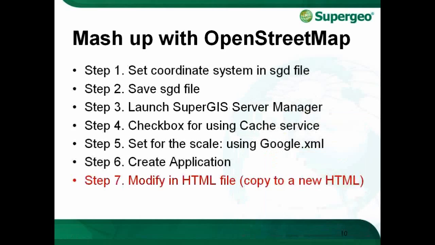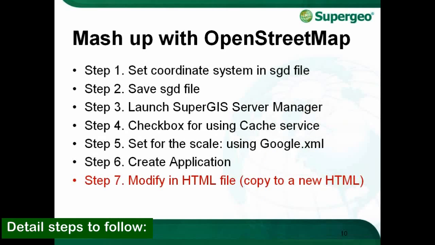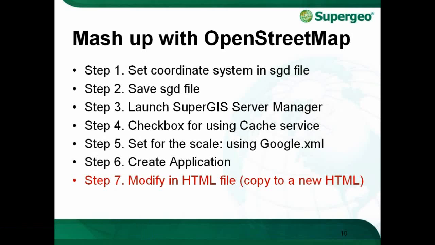To sum up the procedures and the key points mentioned above, here are the steps to follow. First step, set the coordinate system to Web Mercator in the SGD file. Then save it, remember the path you saved this file. After that, start SuperGIS Server Manager and log in to add a new map service and configure the contents of the SGD file like the boundary of the map. Remember,